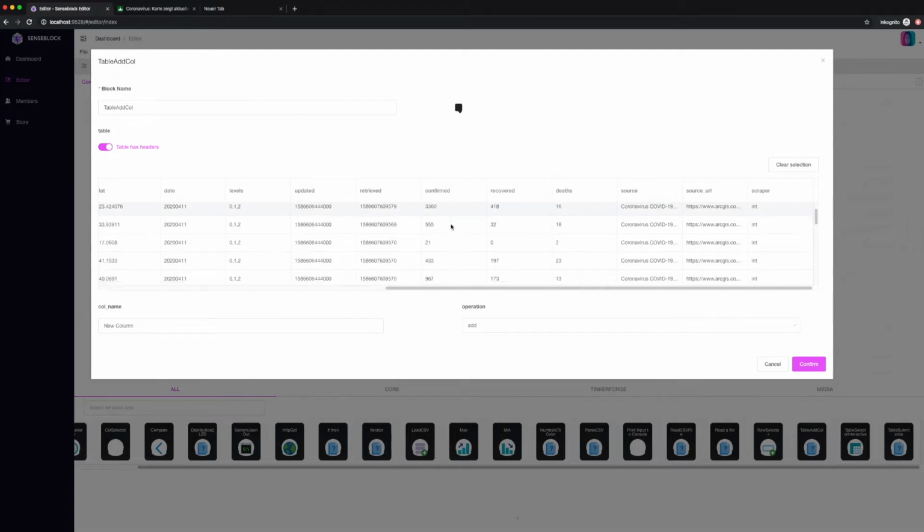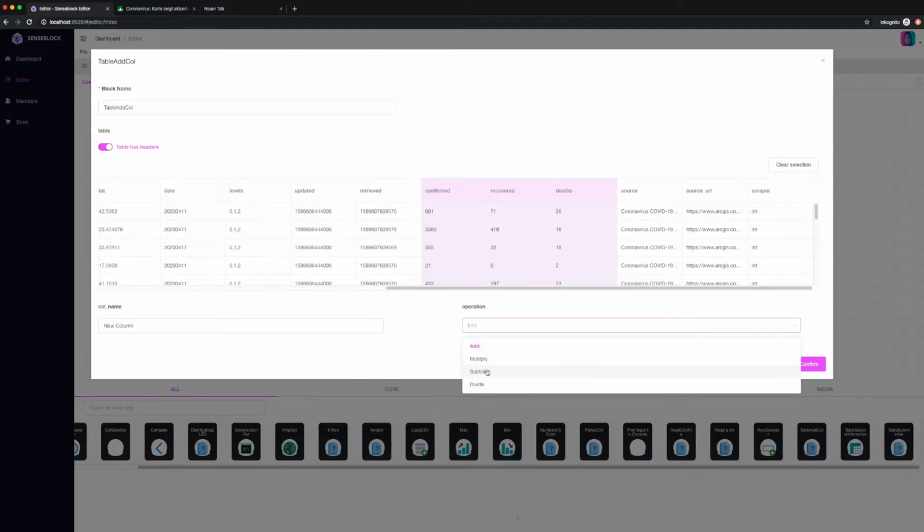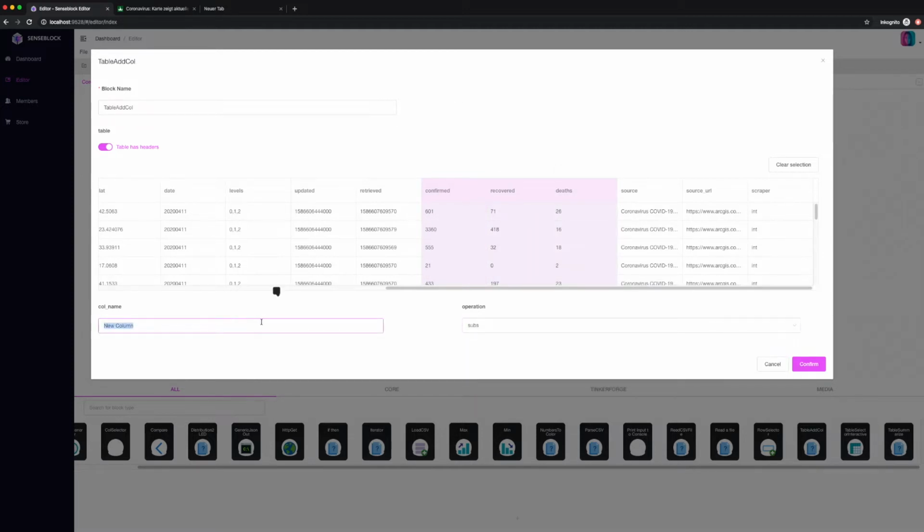But in our LED, we want to show the ones who are currently ill. So what we have to do is subtract the recovered and the dead people from the confirmed ones. So what's then left over are the people who are currently ill. We do this by just clicking the confirmed, then the recovered, then the death, and click on subtract. We call our column ill